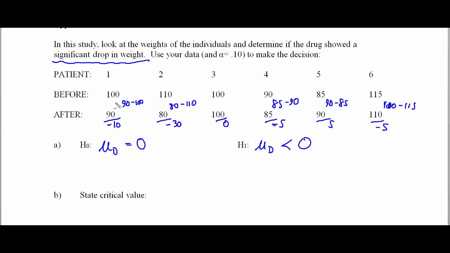Now, it is possible somebody said, well, I just subtracted the other way and got 4 positives, 1 negative, and 1 0. Then you would want to have mu sub d be greater than 0 because that's going to fit your data as you subtracted them. So the order in which you subtract is really your choice. But then either the tail wags the dog here, with your data telling you which way you should have your left or right tail,